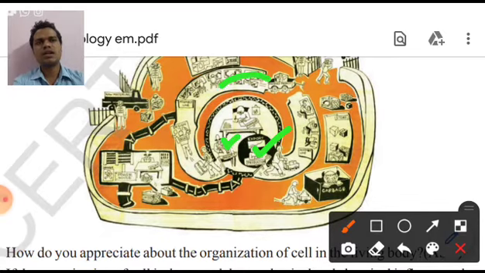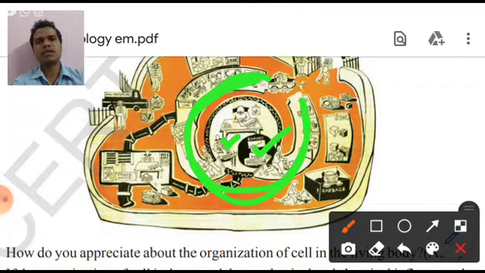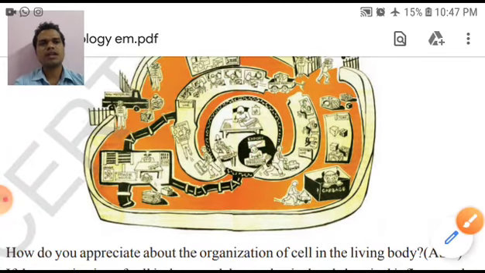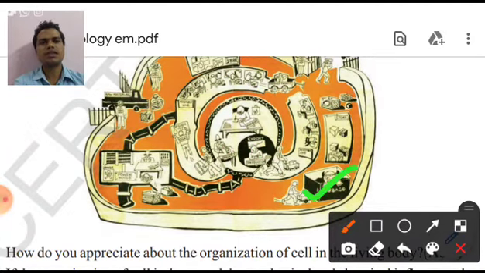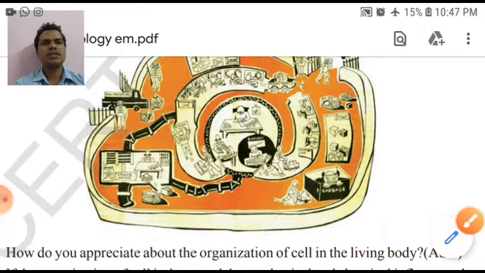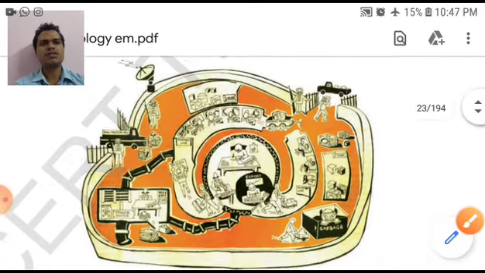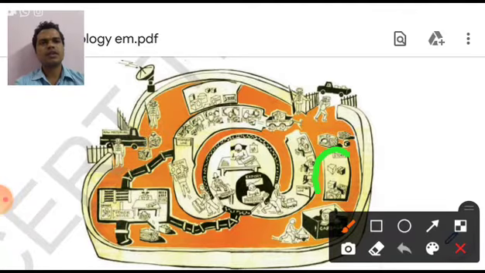As you can see here, a particular framework is available. This is called the endoplasmic reticulum. And as you see here, these are dustbin-like structures. These are called lysosomes. All the dangerous materials are available here. As you see here, this is indicated by a dragon. And there is a storage area. This storage area is called vacuoles. These vacuoles will store the information, and as you can see, some other boxes are also here. These are all proteins, vitamins and lipids.